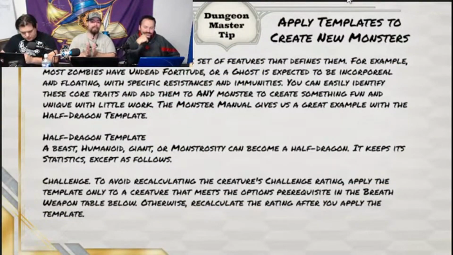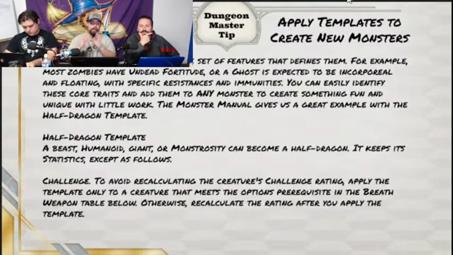They have Undead Fortitude, at least most of them do. Or a ghost is expected to be incorporeal and floating, with specific resistances and immunities. That's their thing. You can easily identify these core traits and add them to any monster to create something fun and unique with